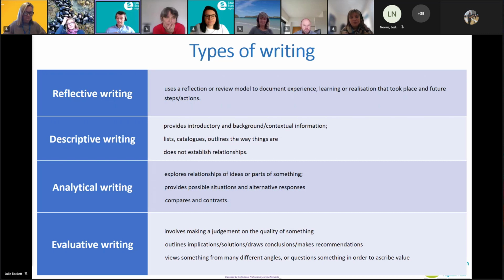This type of writing, however, is very useful for working in the field, and often something we don't do as much when we're delivering practice on a day-to-day basis. It offers that sort of personal account of what has happened and what we think about it. In many ways, it helps us shape the way we grow as practitioners, but also helps us make sense of the work we do. This type of writing has a personal impact and helps us grow as CLD workers, and has a lot of value in that sense.